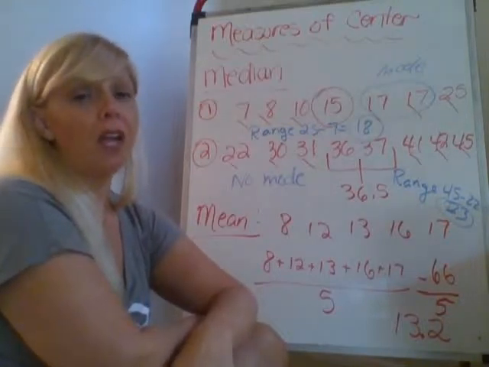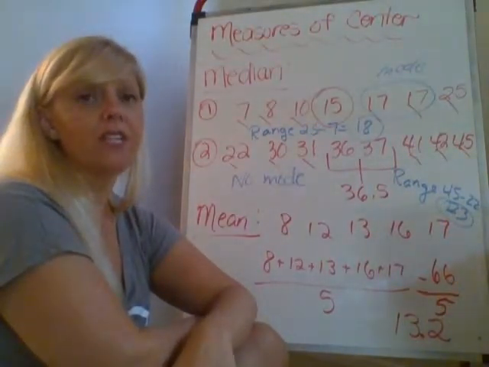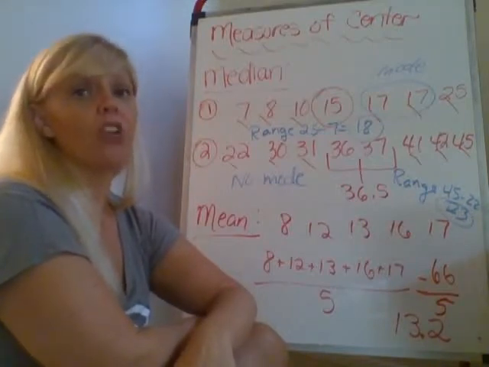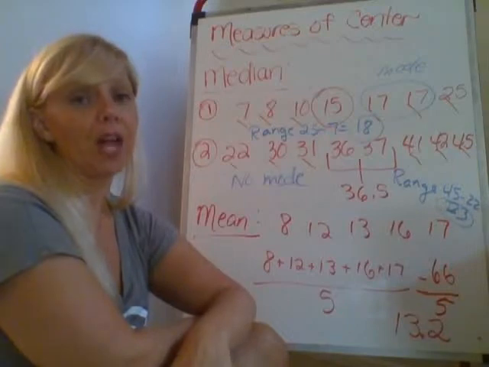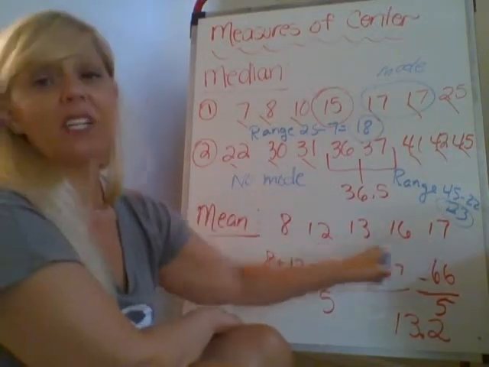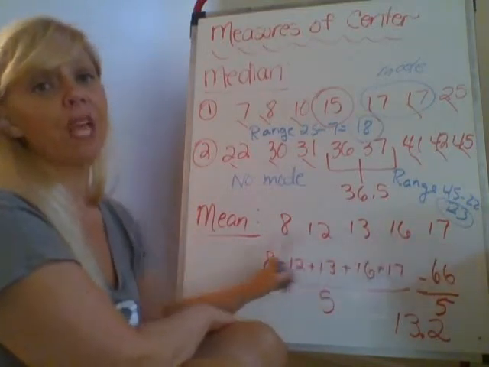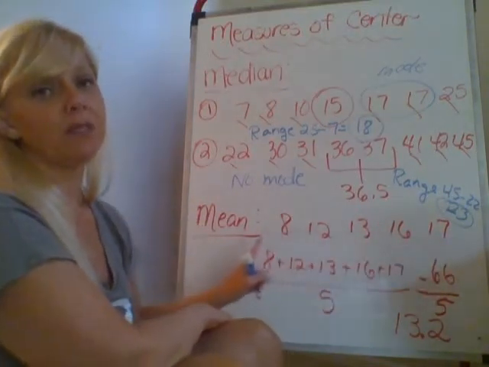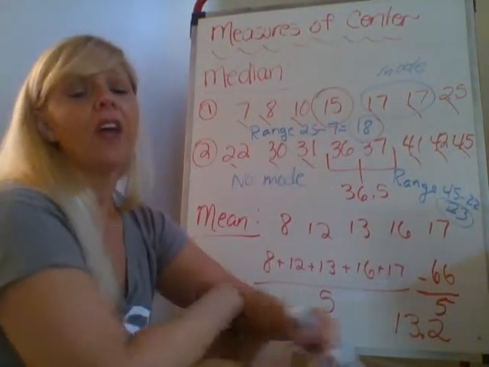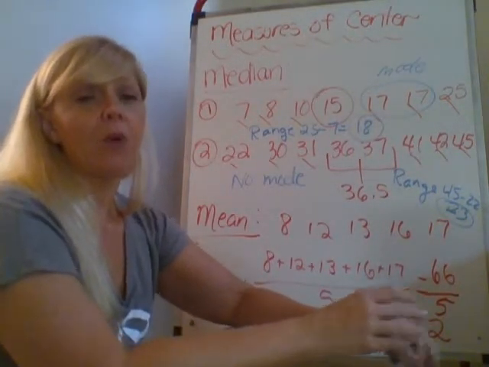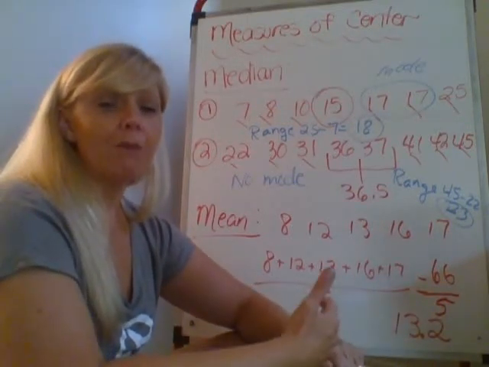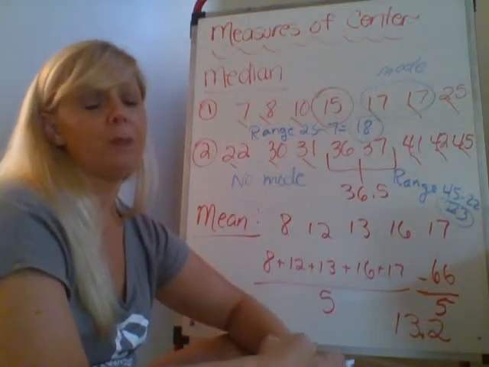The only time you should not use mean as a measure of center is if you have any major gaps or you have a stray outlier number in your data set. So looking at this data set, I really don't have any stray values and my numbers are pretty equally spaced out. So that's when you should go with using mean or median. So you always use mean when there's no gaps or outliers, and you should use median if there